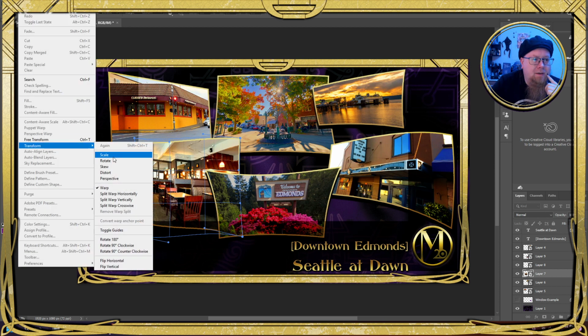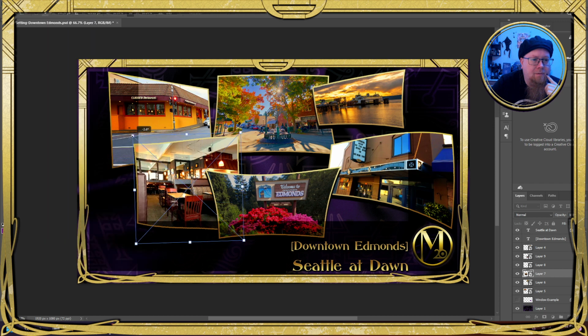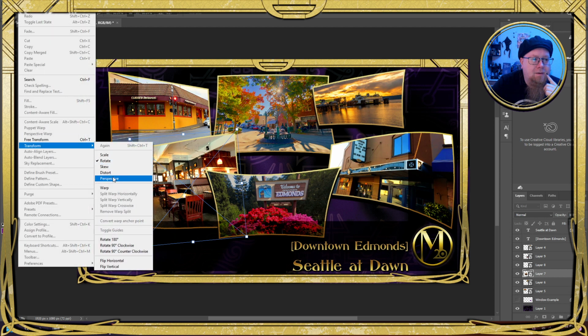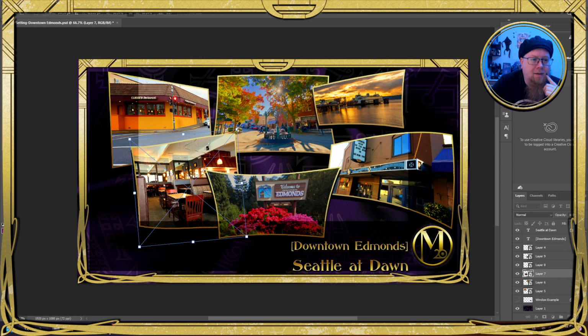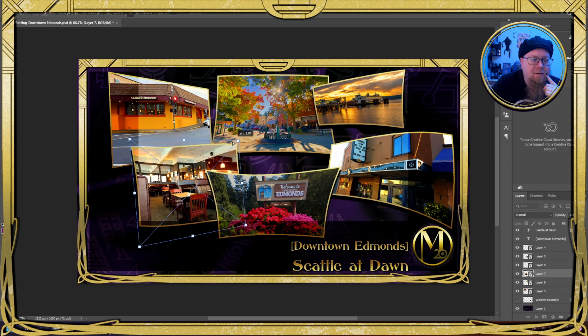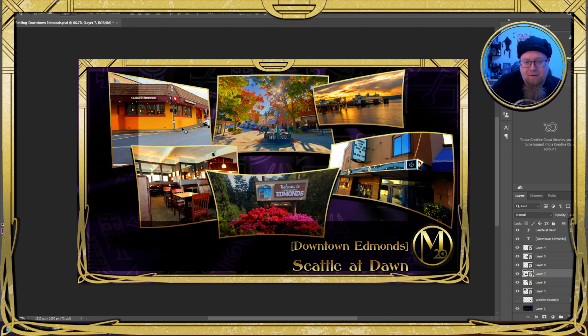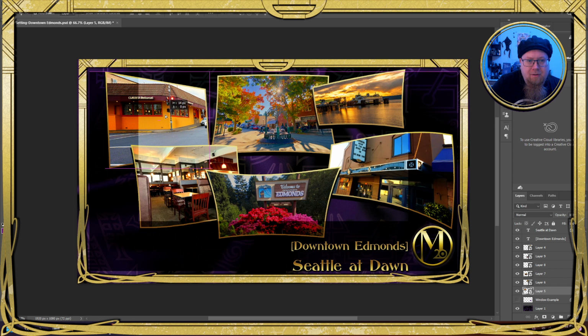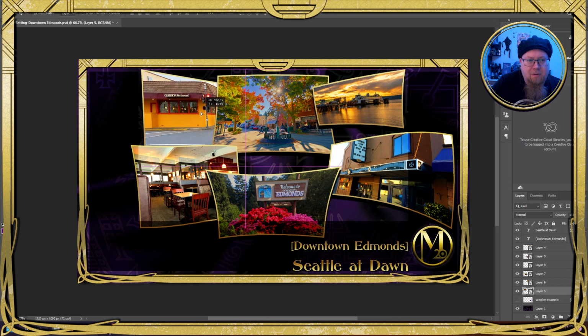And we'll go ahead and rotate a little bit. And then I think perspective wise, I like that. And yeah, we're going to go ahead and make that that. And then the final one here, we're going to have Claire's restaurant.